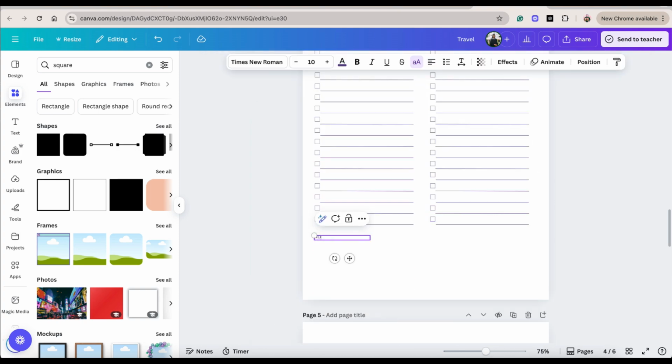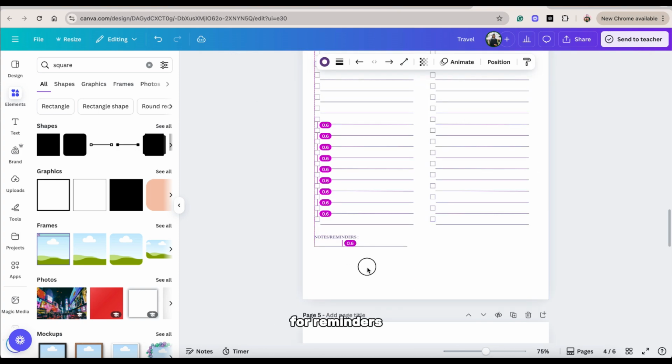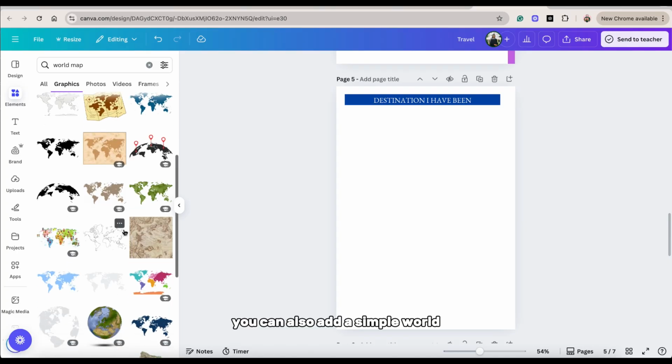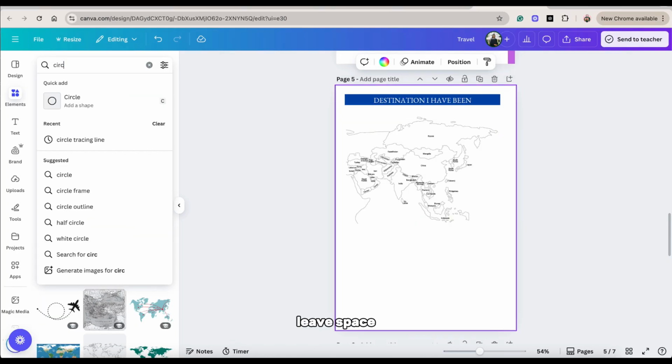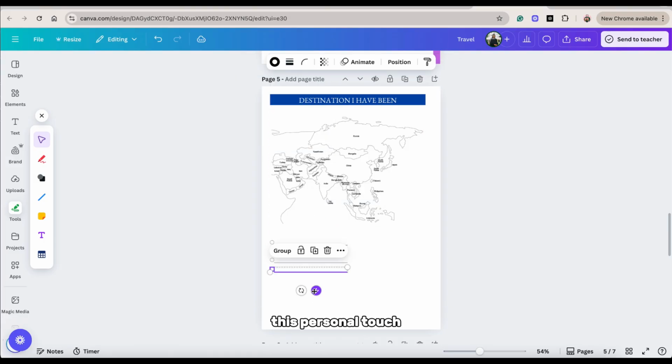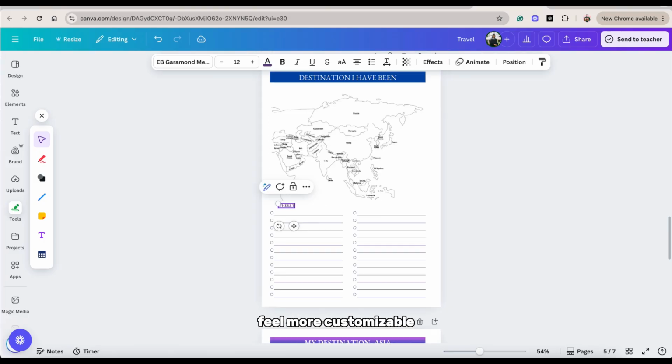And at the bottom, I include a section for reminders if there are any. You can also add a simple world map graphic or just leave space for travelers to sketch their own. This personal touch makes the planner feel more customizable.